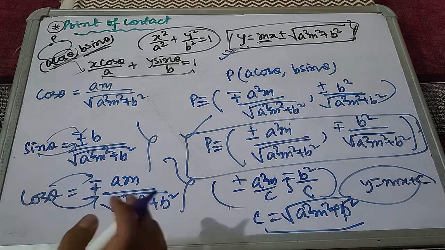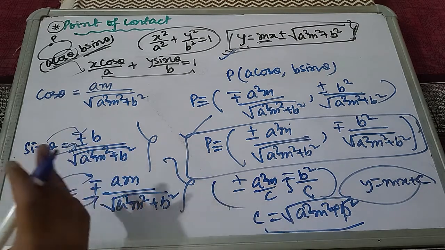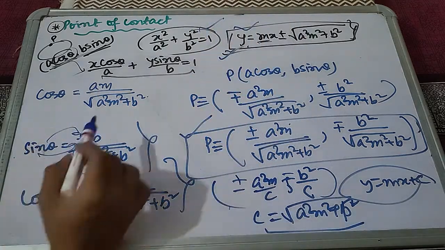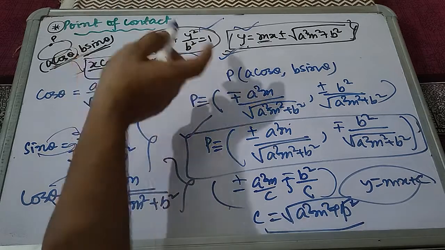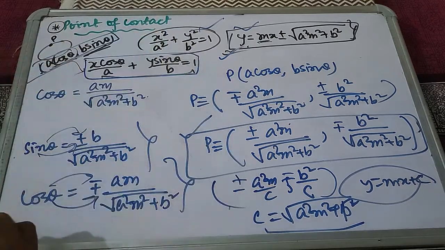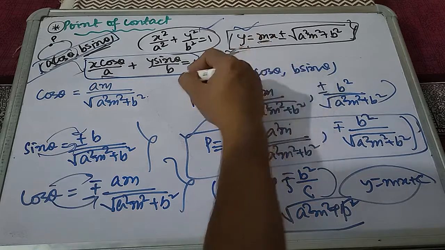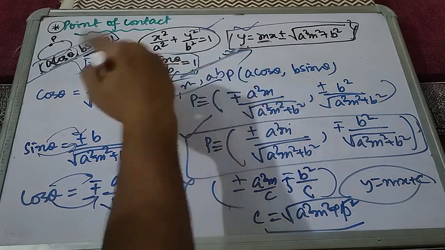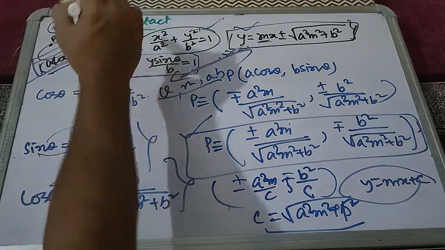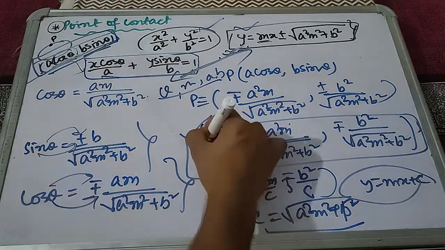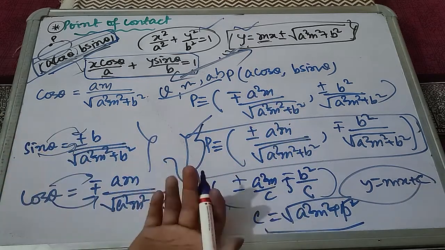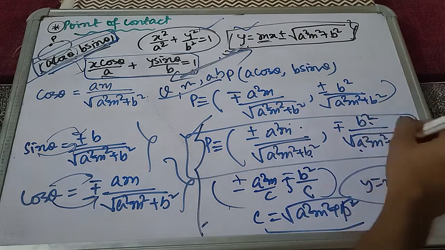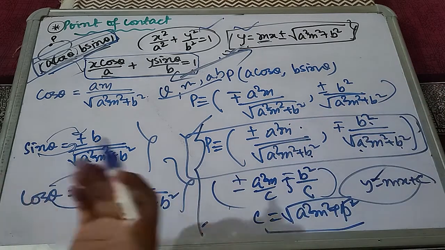I hope that this portion was very clear to you. Let me summarize the thing in brief. What we did is that we didn't solve this equation and this equation, rather we had this equation of tangent for which we had this point of contact. So we related these two equations and found the relation between theta, m, a, b, so that we can replace the theta over here, a cos theta and b sin theta, and get a point in our required format, because theta won't be given to you. What you will be given is m, a and b. If you put those, you have your point of contact. Let's move ahead.